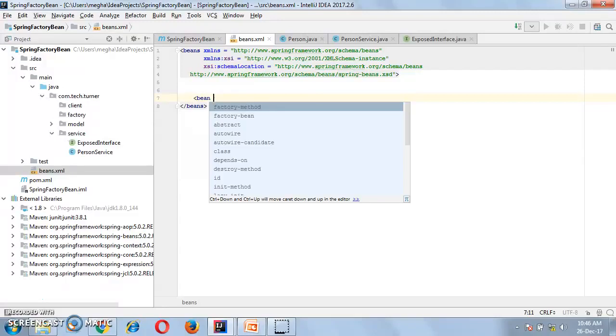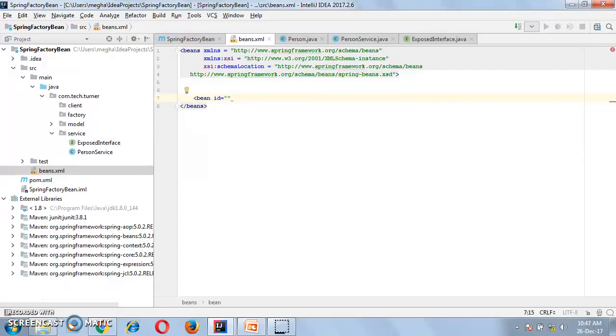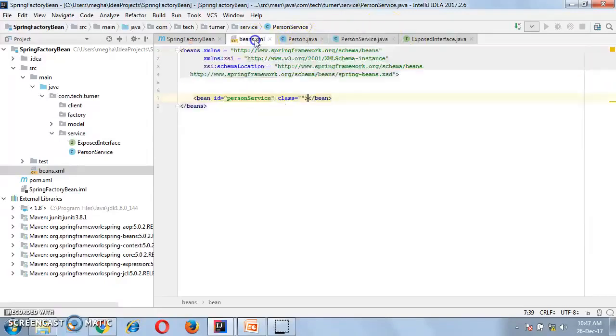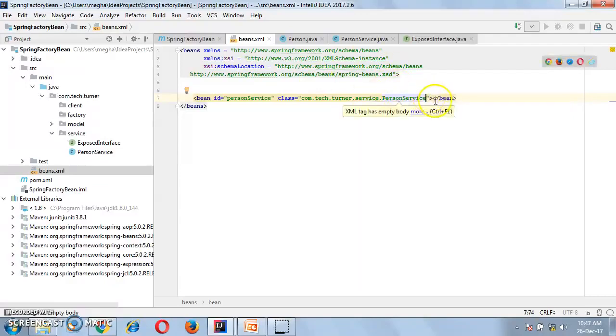Create a bean tag. Give the ID as personService, and class as the fully qualified name of the PersonService class. So our person service configuration is done in the beans.xml.